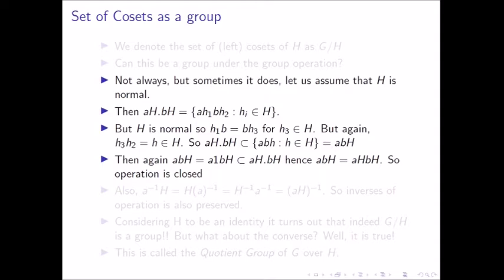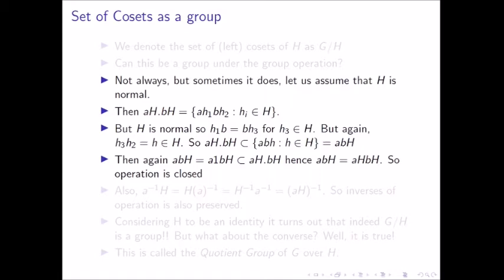But if we set H equal to H3H2, which is also an element of H by closure, it turns out that AHBH is a subset of ABH such that H belongs to H, which is equal to ABH, the coset ABH. This isn't hard to see. Now what about the converse?